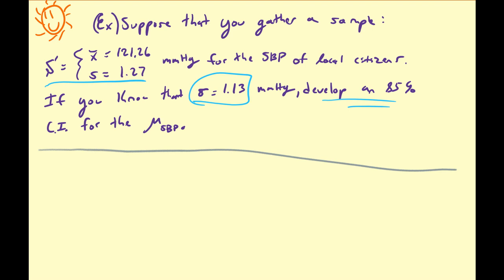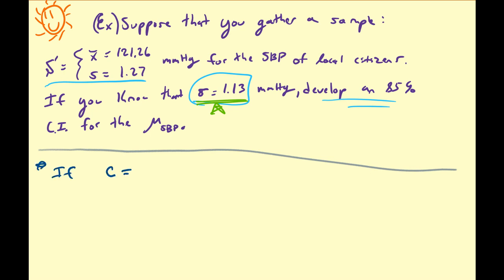All right, so the first thing that you definitely need to realize is that we do know sigma for this population. If you do not know sigma, then you have to approach this problem in a slightly different way, but we'll work on a couple examples on that in the upcoming videos. But let's assume that we know sigma in this case. So if this is true, then what do we know? So if